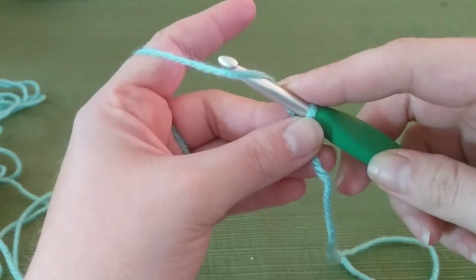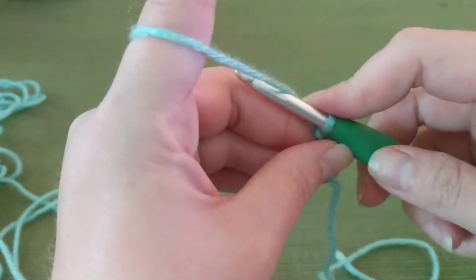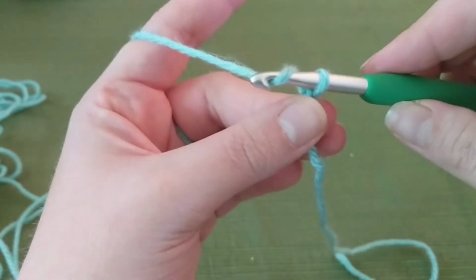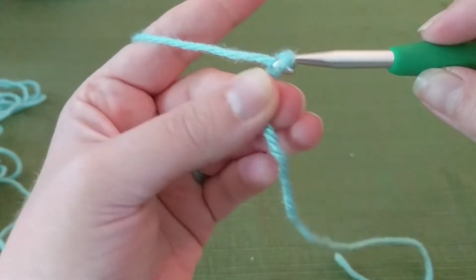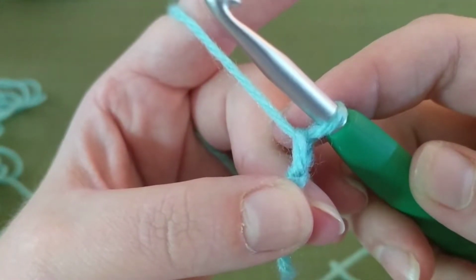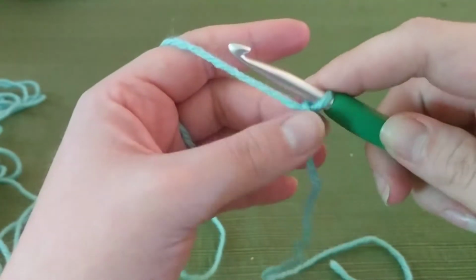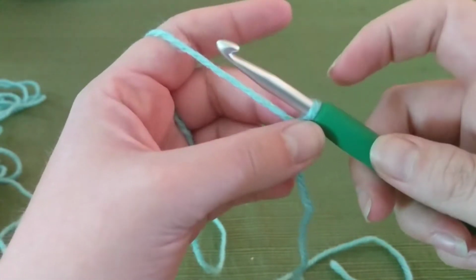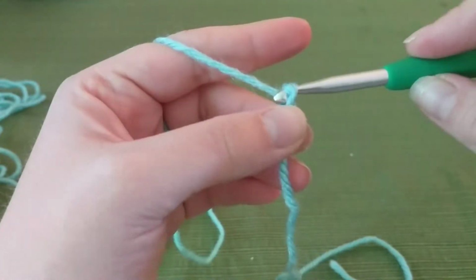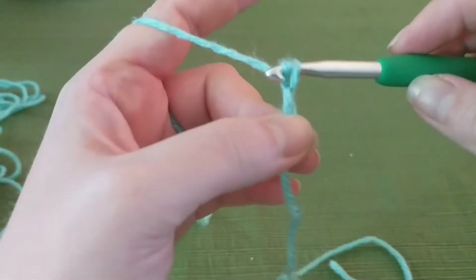So we've got the yarn over our hook. Let's do that one more time. You put your hook down a little bit and yarn over. And now you're going to bring that yarn through the loop that was on your hook. And that is your very first chain. So if this is the first time you're making a starting chain, congratulations on making your first chain. So you're going to continue doing this. You're going to yarn over, pull through, yarn over, pull through,